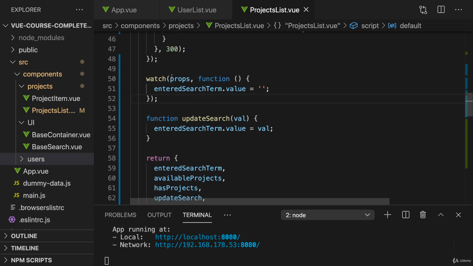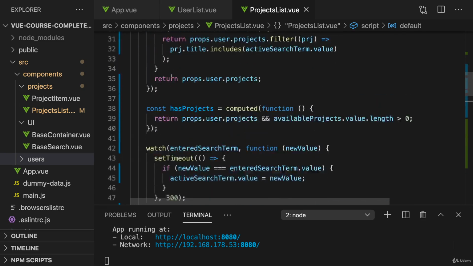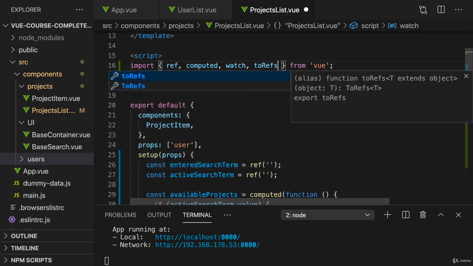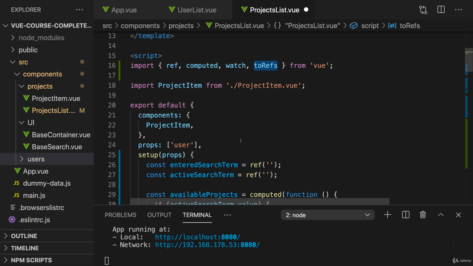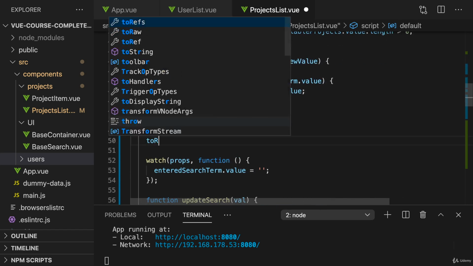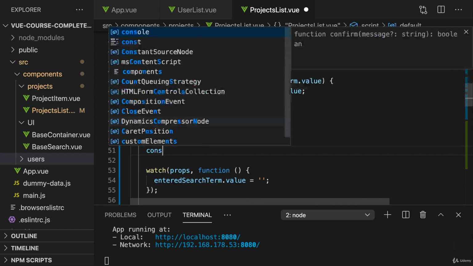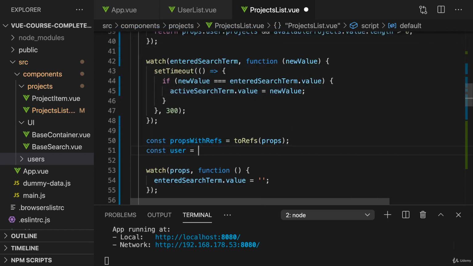So if you would want to handle this, which again is not necessary here because we only have one prop, but if you would want to be sure that only changes in user trigger this watcher, you could use a feature provided by Vue. We can use the toRefs function, which we also saw earlier in this module in this optional deep dive, reactivity deep dive lecture. We can call toRefs on props, and now we got our props with refs object, you could say. And from there, we can extract our user